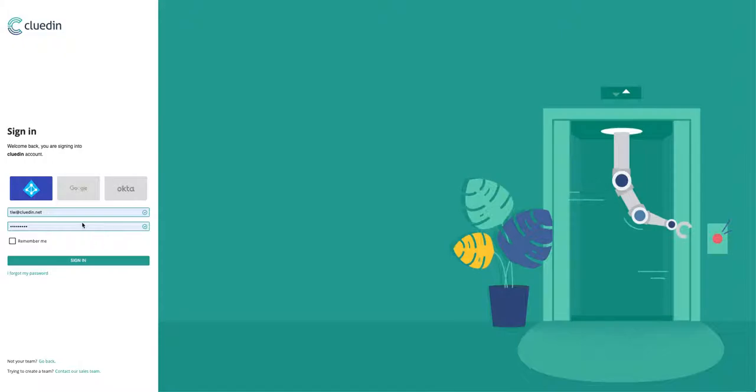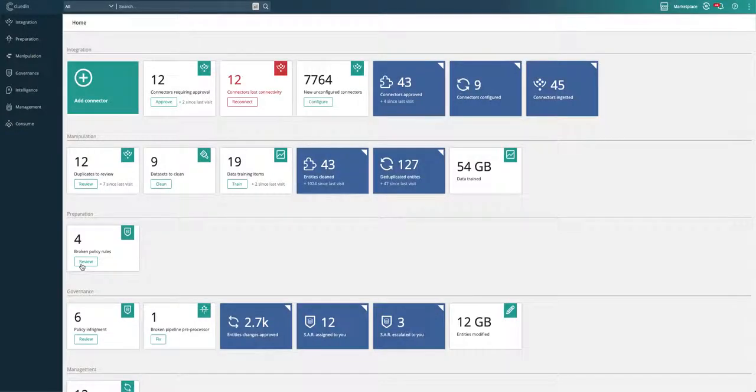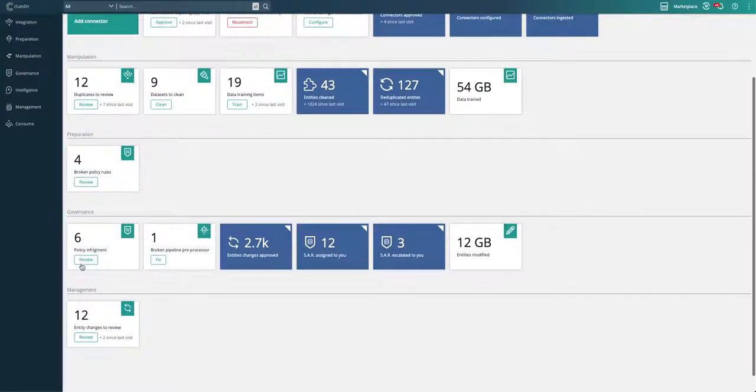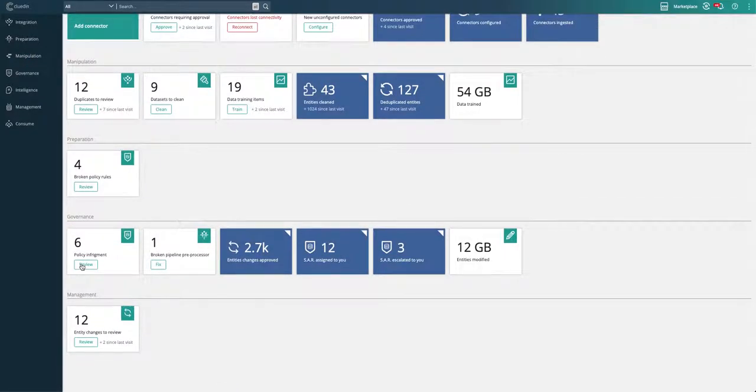Now let's use our single sign-on provider given via Azure Active Directory to sign into the platform. And welcome to CluedIn. Everything I need to operationalize my data to get value and become data-driven is available within the Data Hub. As we can see, we've got these very easy to understand dashboards alerting us of things that